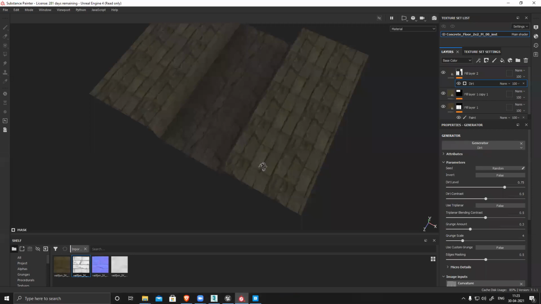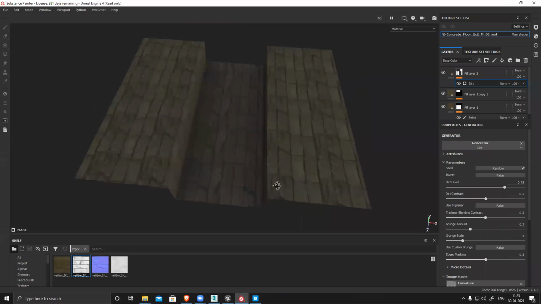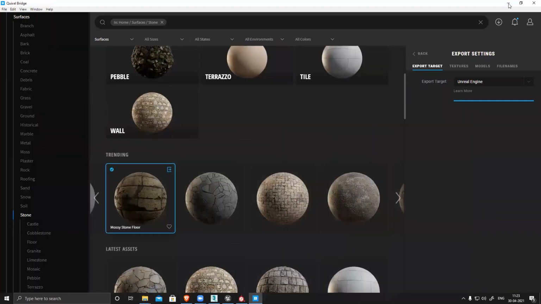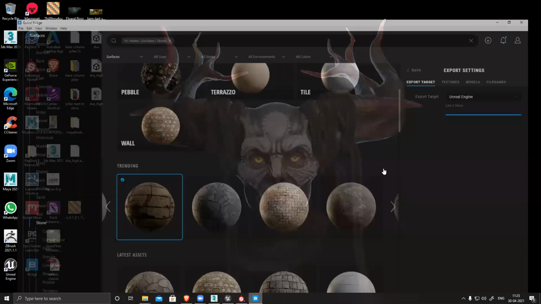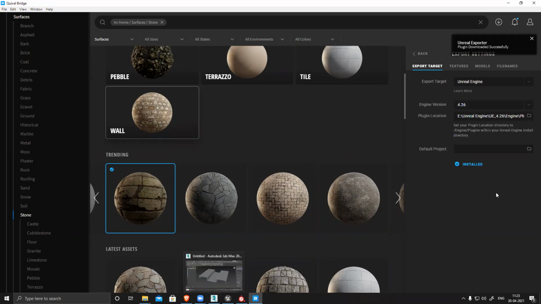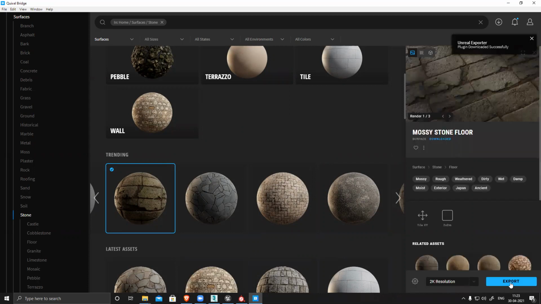So I can create this kind of texture manually, or I can use a tileable texture also. Oh, finally. So once you select this, go back and click export.